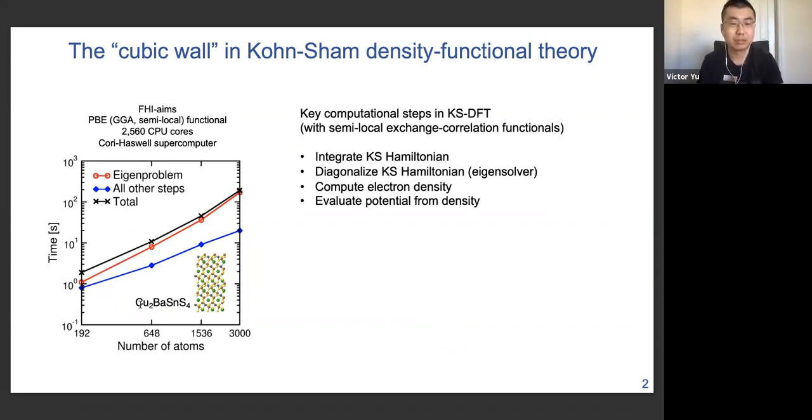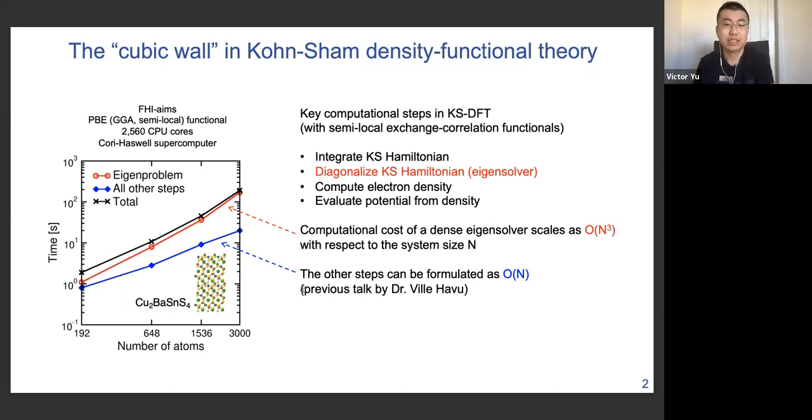a supercomputer. And of course, when we increase the number of atoms in the simulation, the total time goes up, but notably, the time spent on the eigenvalue problem goes up more rapidly than all the other steps. This is because the integration and electron density computation can be done in linear scaling, as explained in the previous talk. However, the solution to the eigenvalue problem